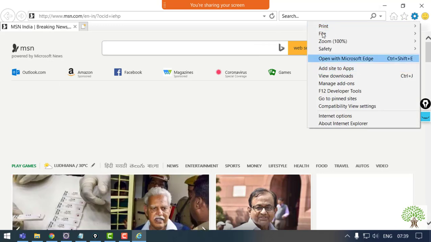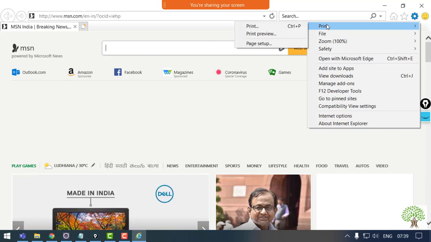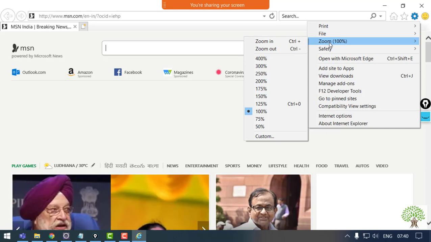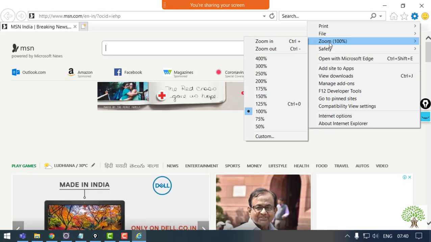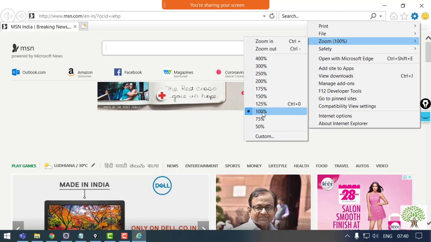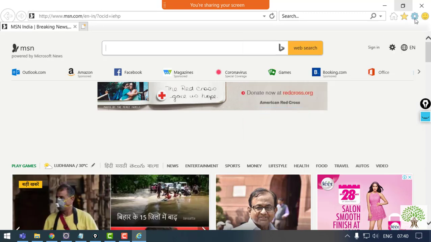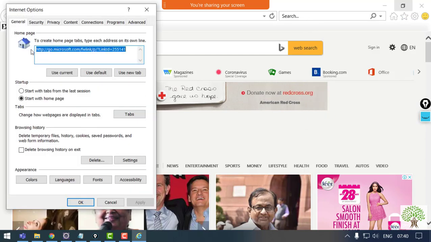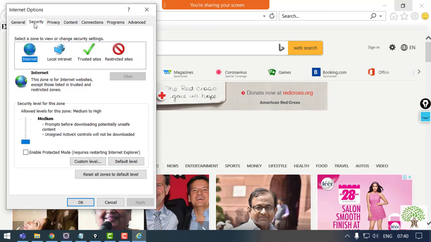just once the browser is loaded and opened fine, you need to go to the settings part, come to the first setting, that is zoom level. Now by default in some systems the zoom level is 100%, but if it is something other than 100, then do make sure that you change it to 100%. This is the first setting. Fine. Then after, go to the Internet Options, and over here you need to make 3 changes. First, in the security tab, you need to bring this slider over here to the lowest for every section.